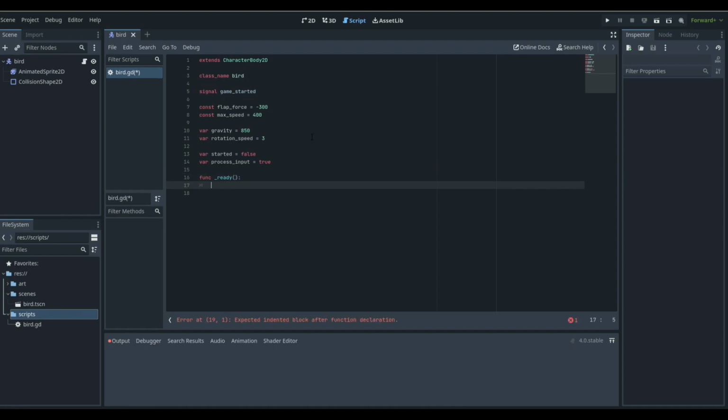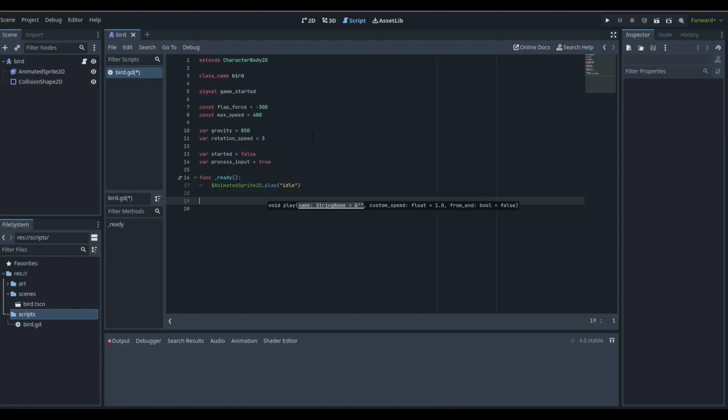And as soon as the game is started, we want our player, our AnimatedSprite2D, to play the animation idle, because we want to be in the idle game state, which we'll go over later in the tutorial. And outside of the ready function, we want to have a physics process function, which is going to control all the movement and is going to constantly loop over